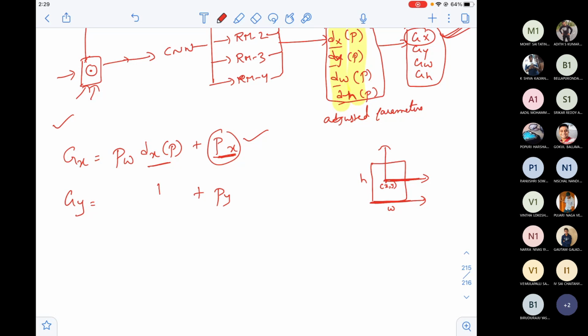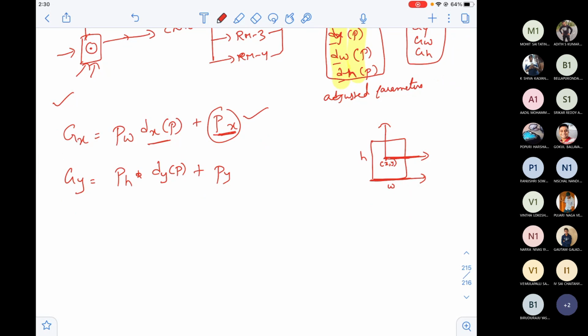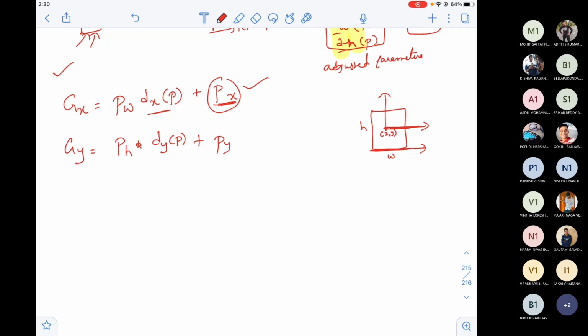For that I need dy of p. For example, if y is 6 and when I annotated, the true y is 9, so dy of p would be 3. Again, the height has the same direction as the y-axis, so I'm also adding ph. So this is the adjustment equation to get the true y point for the current cropped box.